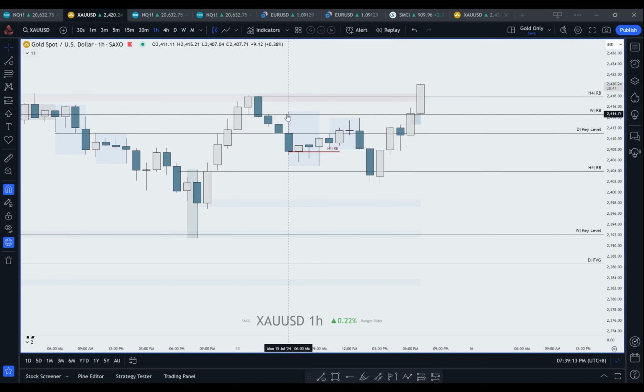Until where? Until this is the three candle formation, until here. But of course we will not go exactly to this level. Why? Because we have the weekly rejection block in the middle of this price and this one here somewhere. Okay, so we will not go our target above this level. We will just try to close our long position before this level actually. Okay, and then what we have,